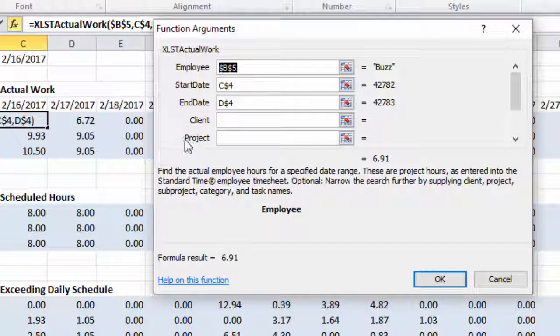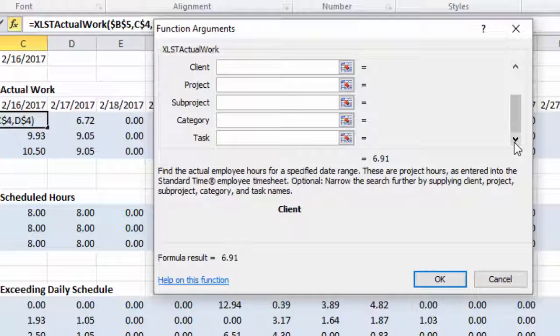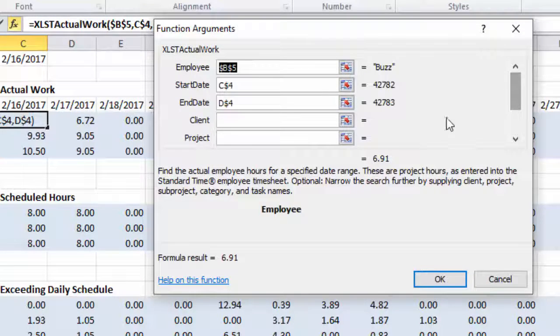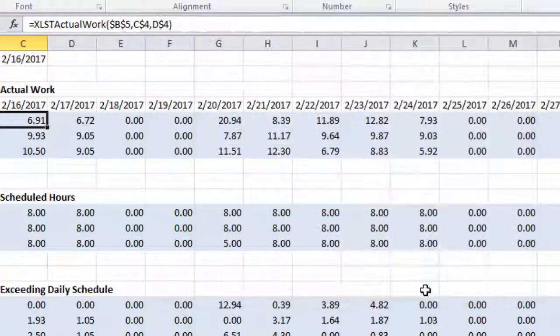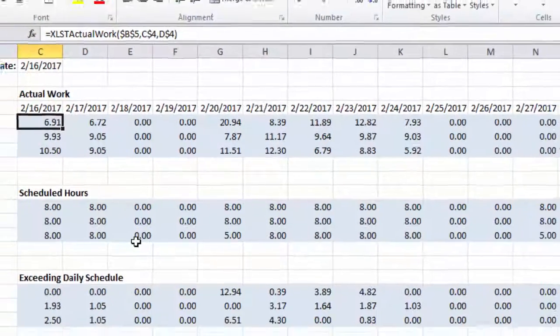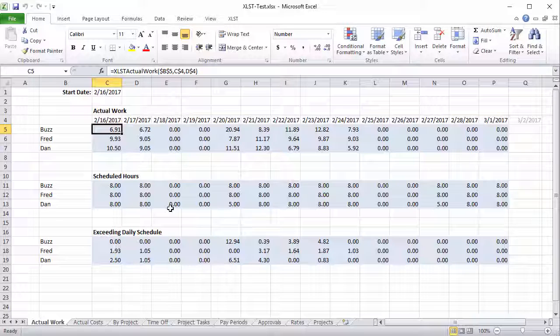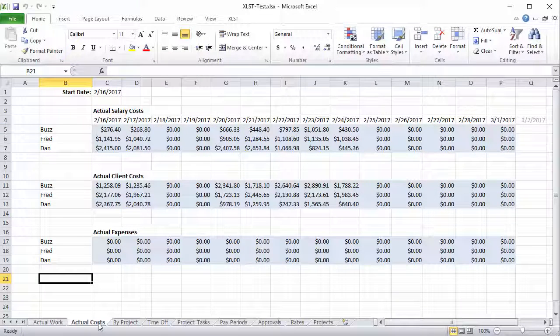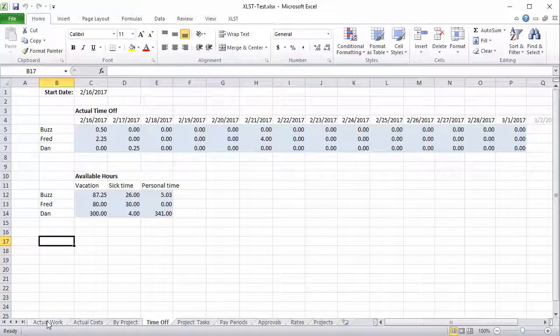There's many functions, as you'll see later. A little description down here, and then as we scroll through the list, you can see all of the parameters that this function takes. Many of those are optional, and this particular function will pull in actual work from the timesheet. So you can go through each of these tabs, these sheets, and you'll see all the different functions that